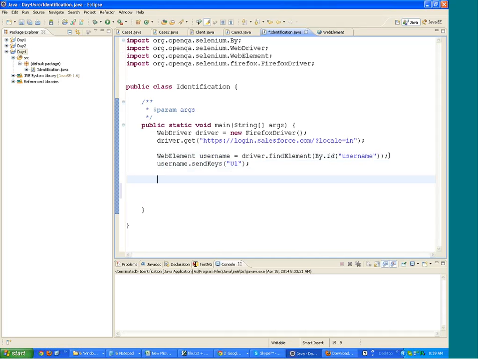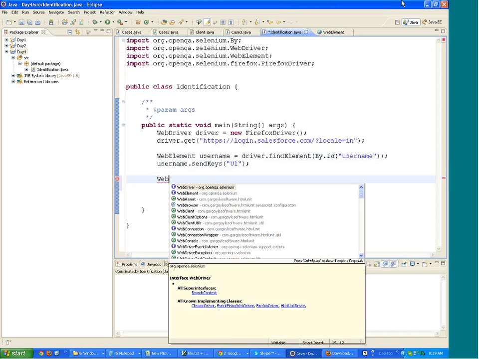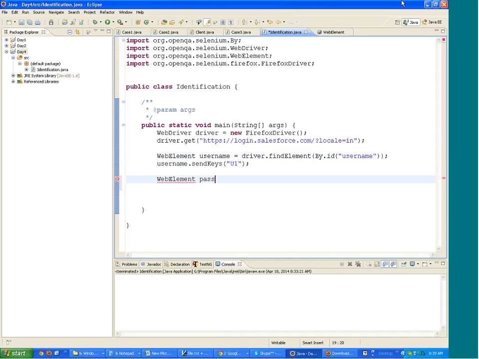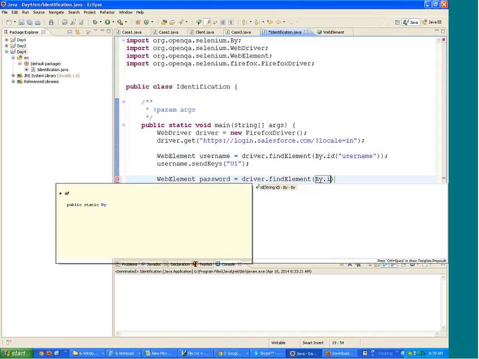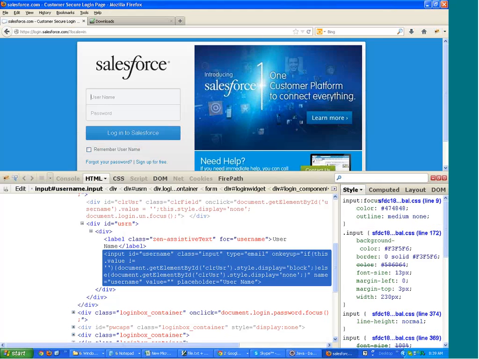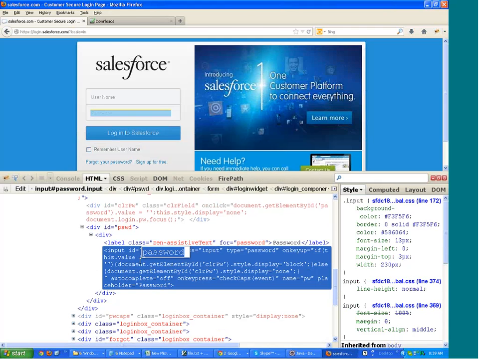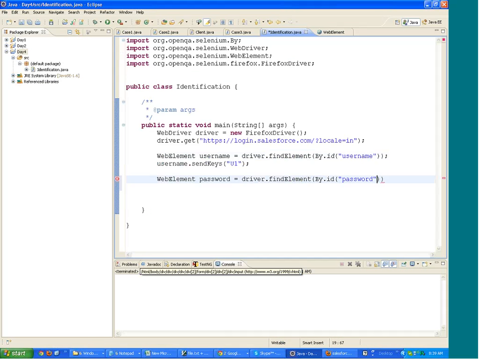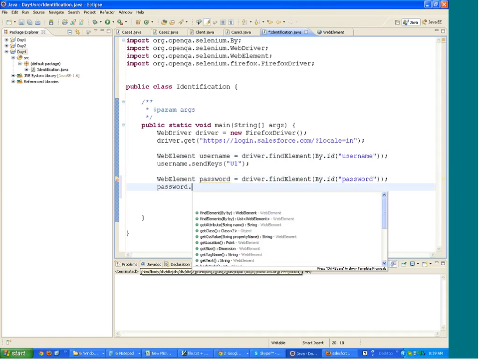Similarly, I can extract the password text field. I can write WebElement password equals driver.findElement by the ID. I know that the ID is also there in the password field over here. So if you look at the password field, the ID is password. This is the easiest way to identify the element, right? And then password.sendKeys